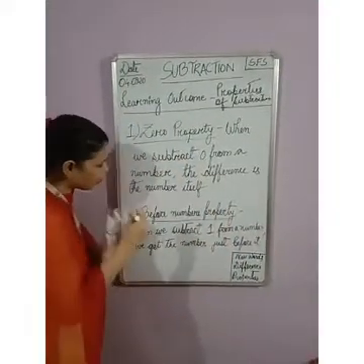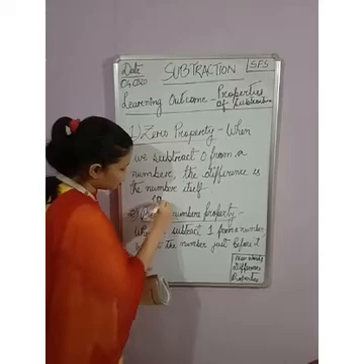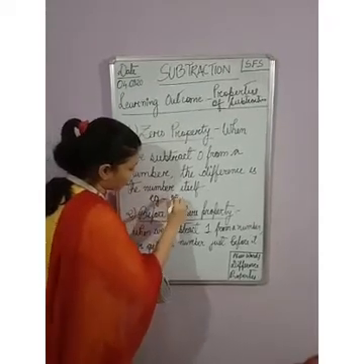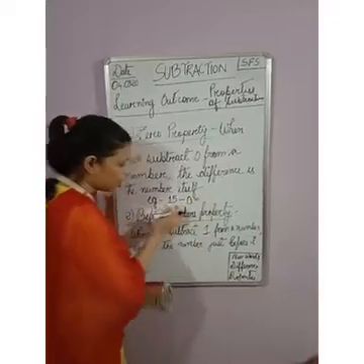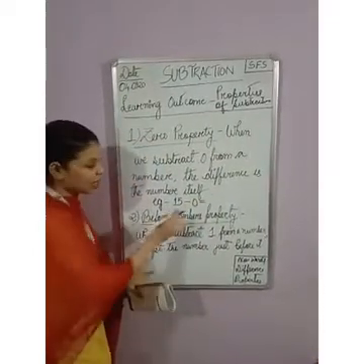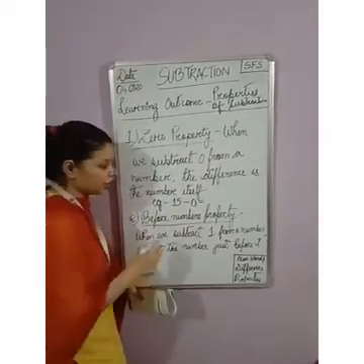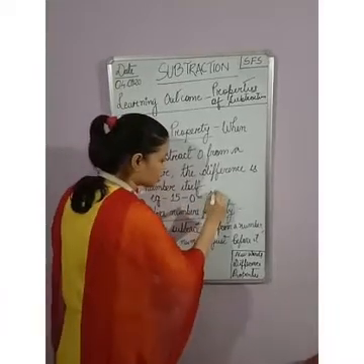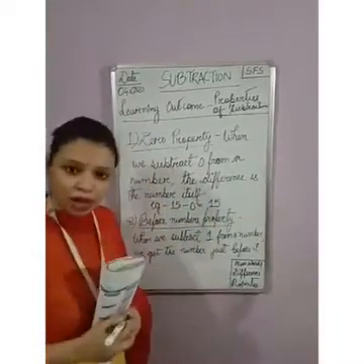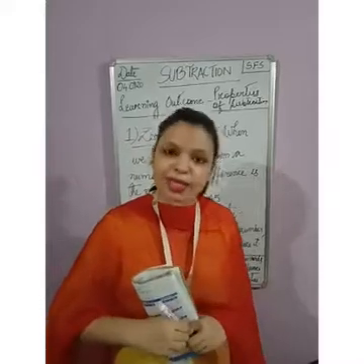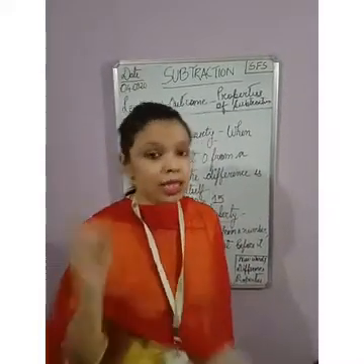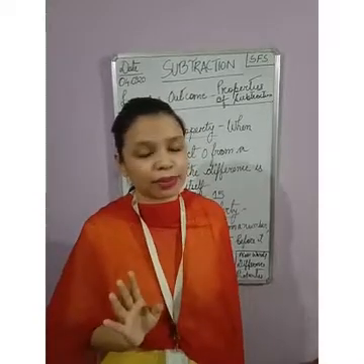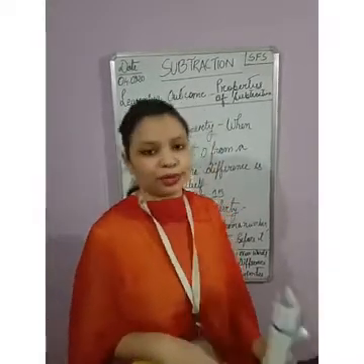So I'll take one example here. Suppose 15, and you subtract 0 from 15. Now here the bigger number is 15 and 0 is the smaller number. What is the answer? We are getting the same answer, because though 0 is a number, it has got no value, nothing. Remember always, 0 is a number, but it has got no value.